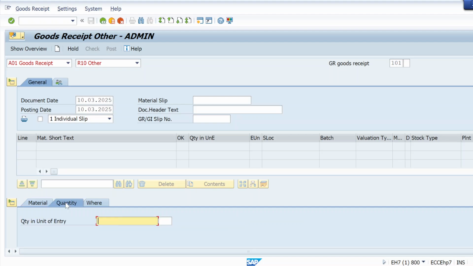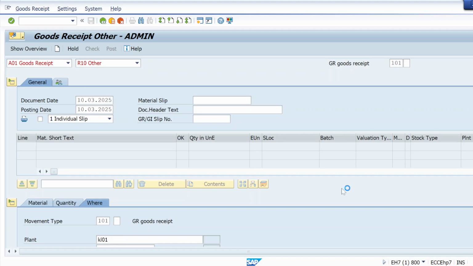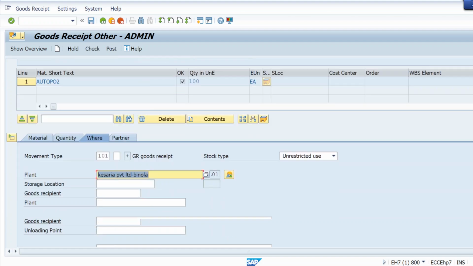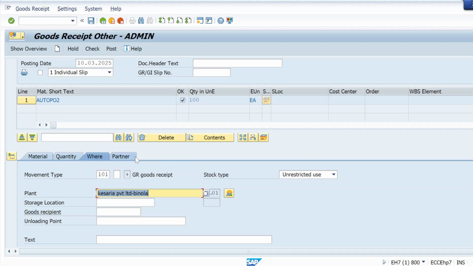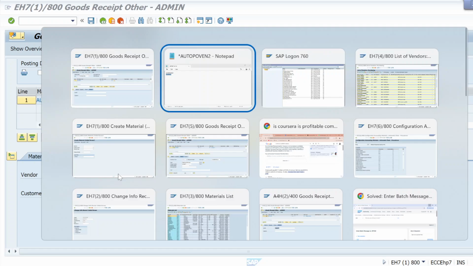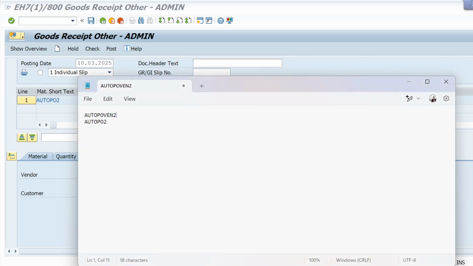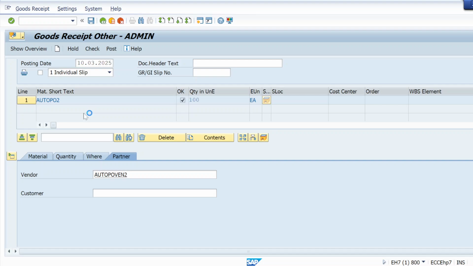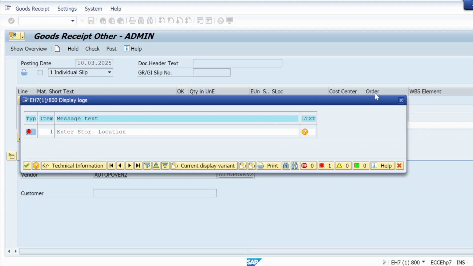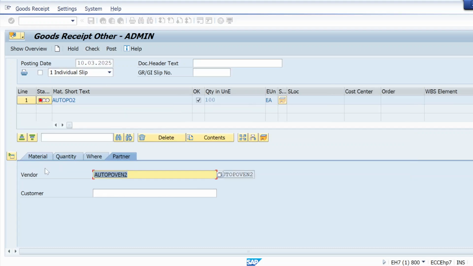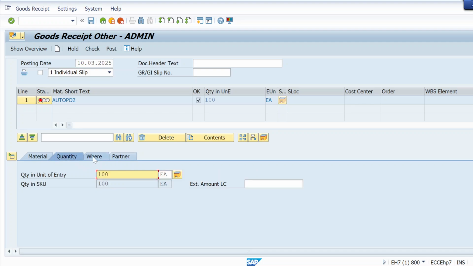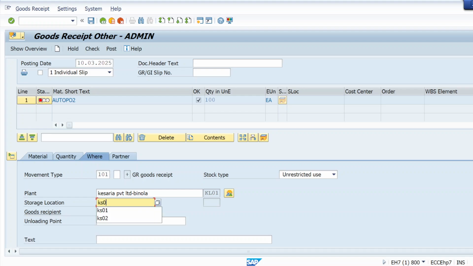Auto PO. Last time we will check. Otherwise, storage location.